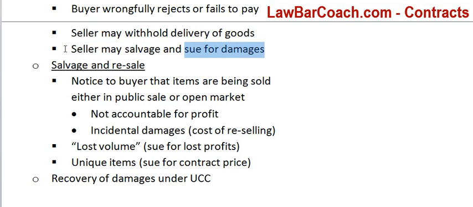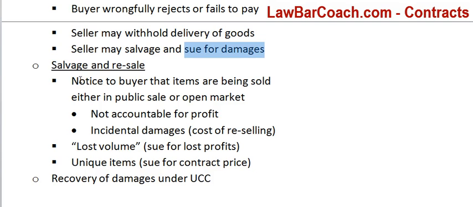They take the bobbleheads, they go sell them to some sporting goods store. They probably only can get 50 cents to the dollar, maybe, on short notice, and they go and sue for damages for the difference. This goes back to mitigating damages. You can't just destroy the bobbleheads and sue for the whole contract value. That would be a waste of resources, a waste of materials that made those bobbleheads. We want those bobbleheads to go back into the economy, and you can sue for damages to recover for whatever you lost out on.